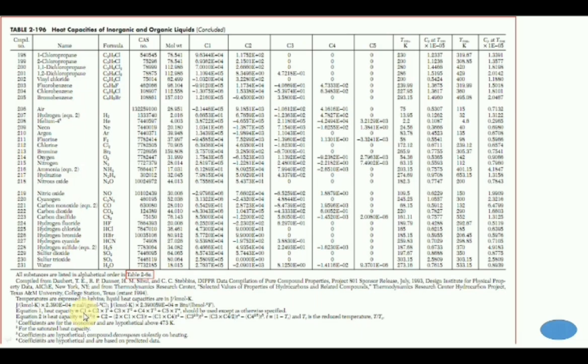So what is that equation? The equation is C1 plus C2 T plus C3 into T square plus C4 into T cube plus C5 into T raised to the power 4. So we have to use this equation for calculation of the specific heat. The values of the constants are available from this table. Here we have these values for the water, and whatever the temperature is, you need to convert that temperature into Kelvin and substitute it over here in place of this capital T. That is how we will be able to do the calculations for the specific heat.